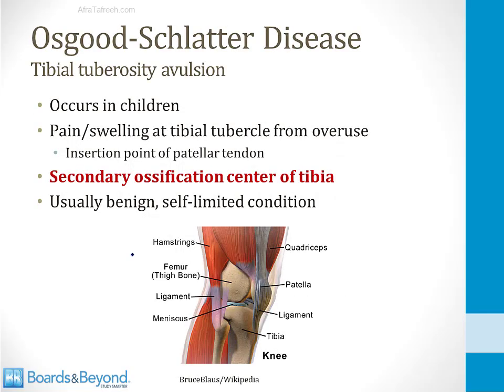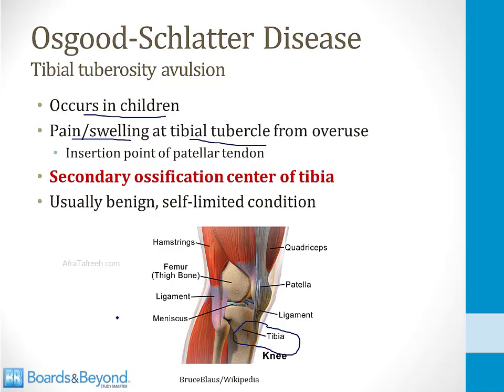Osgood-Schlatter disease, which is also called tibial tuberosity avulsion, is a disorder that occurs in children where they develop pain and swelling at the tibial tubercle from overuse of the knee. The tibial tubercle is a swelling in the tibia shown here in the picture where the patellar tendon inserts. So from overuse with the patellar tendon tugging on the tibia at this point,